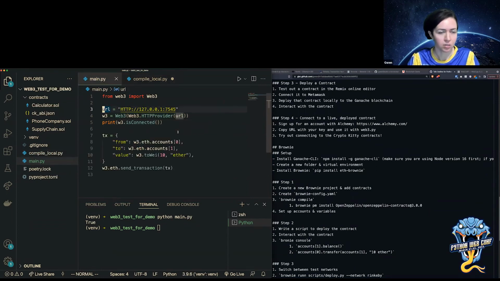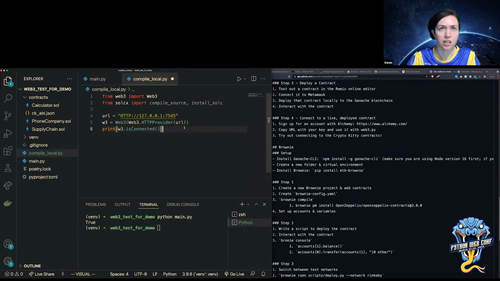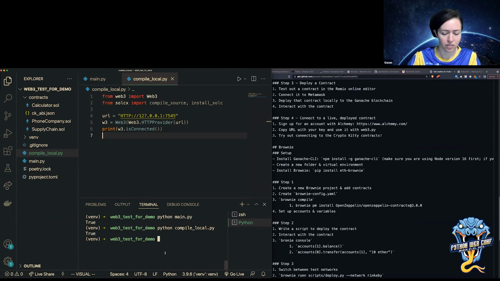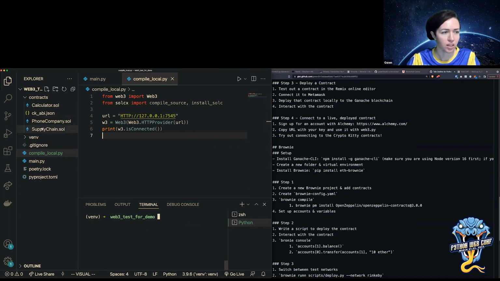And then, instead of creating a transaction, I'm actually going to open my contract and compile it. I'm running a different file now, I made a compile local file. Okay, that's running.